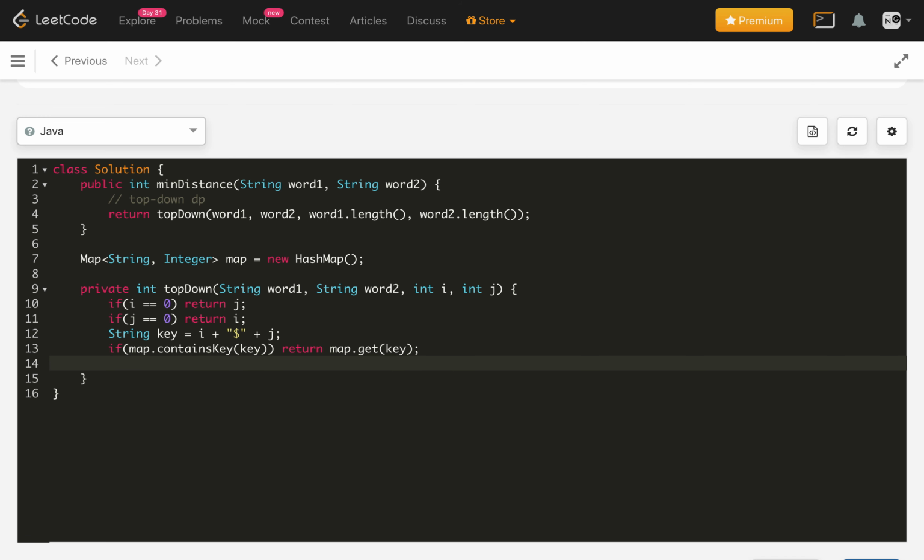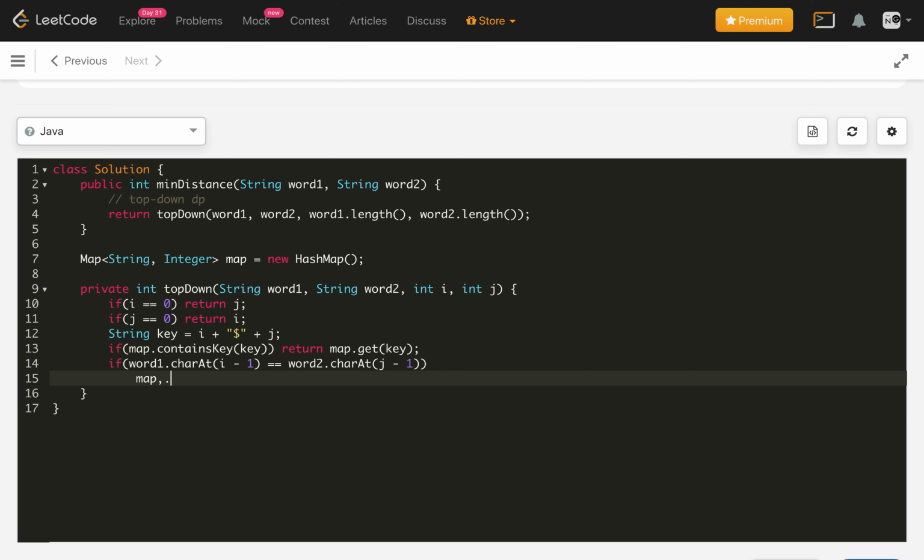Now if we have to evaluate, we can compare if word 1 dot charAt i minus 1 is equal to word 2 dot charAt j minus 1. If both the characters at the ith and jth index are the same, then we just have to do map dot put key comma top down.